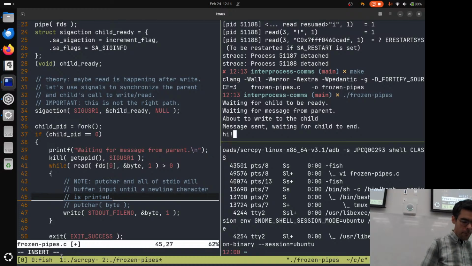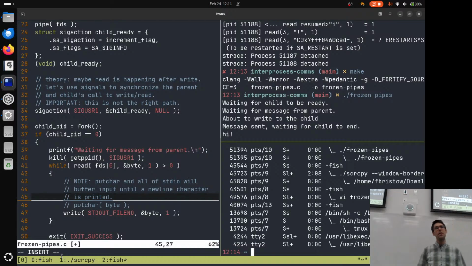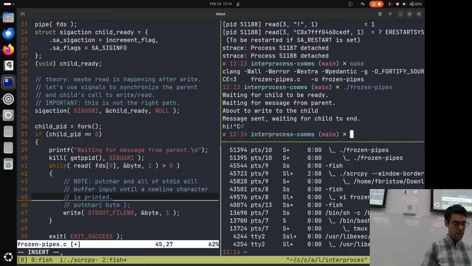But we still have a problem with this. There's still 2 of them, and they're both stuck here. They're both sitting around waiting for us to do something. So I'm going to go back up to this shell. I'm going to hit Control-C to terminate these processes.